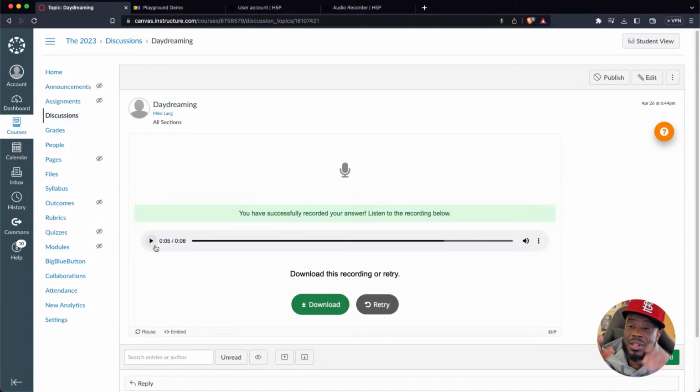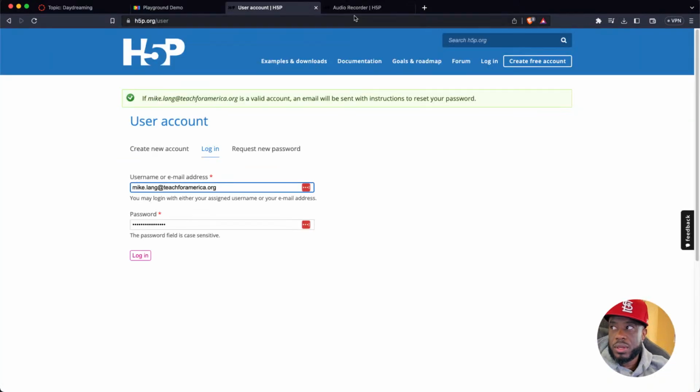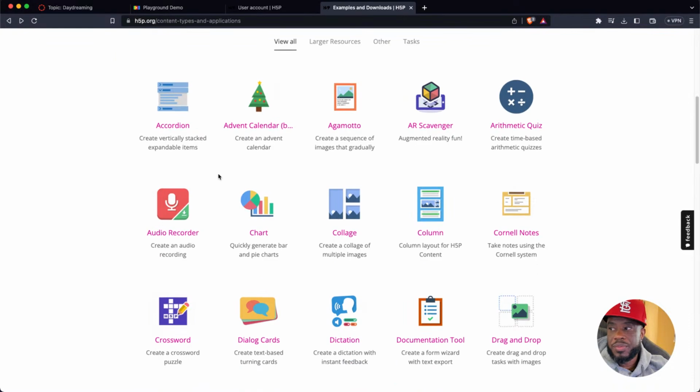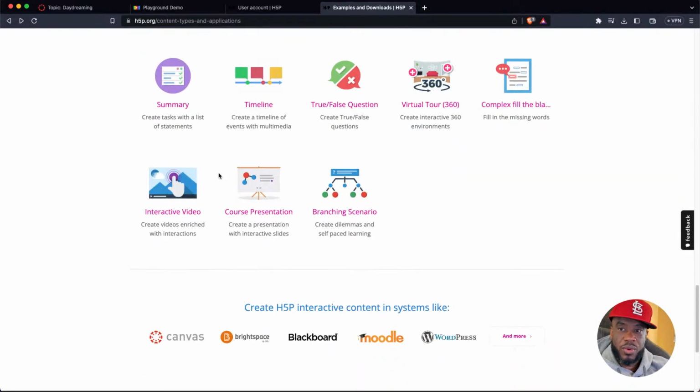And third, PopTake will let you design your course really easy. I put all my materials in PopTake and embed it, or if I need widgets built, these are a bunch of widgets that I can just throw inside very, very easily and rock and roll with it. And I don't need to pay for it. This is totally free. I can rock and roll and do what I need to do.